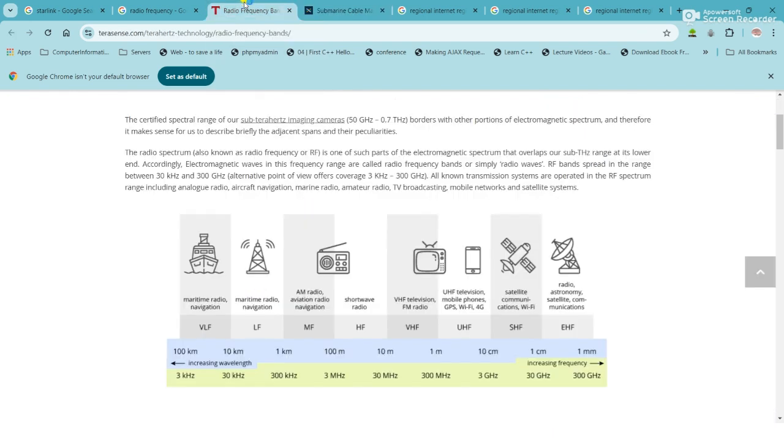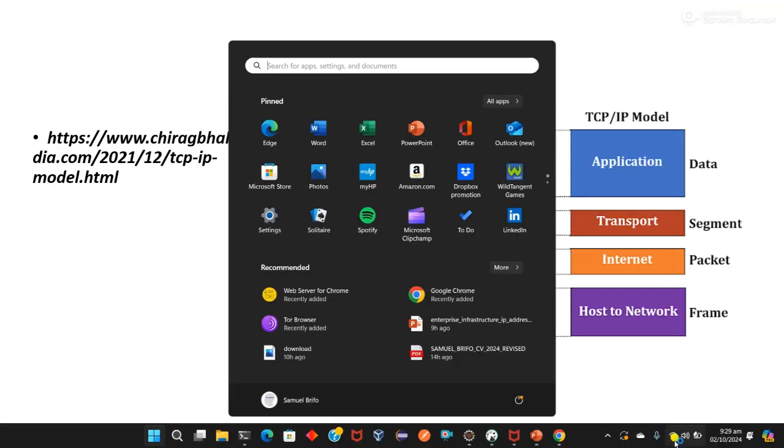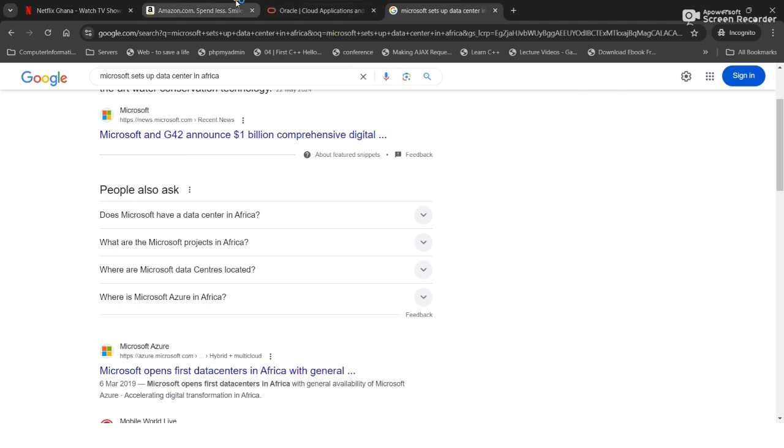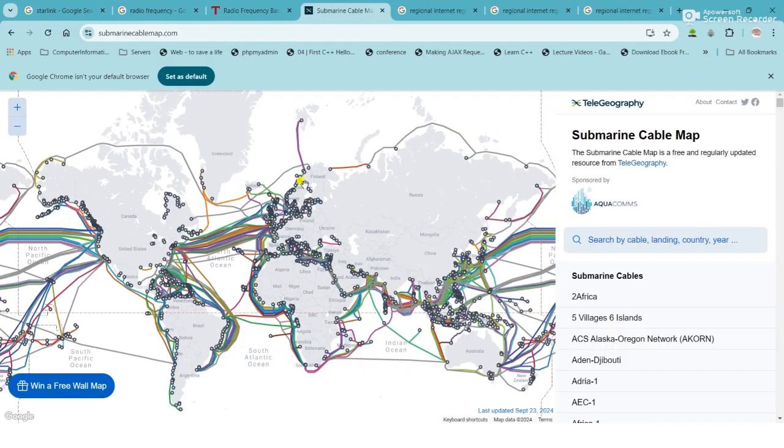So once you establish that connectivity, this model is in play. All this is happening at once. Your IP address, as we've explained, comes from the internet service provider you are using. That IP address is known by the bigger authority, the Regional Internet Registries. And because they know that when you are connecting to the servers in the US or China via the submarine cables that have been laid down there, they're able to identify you.